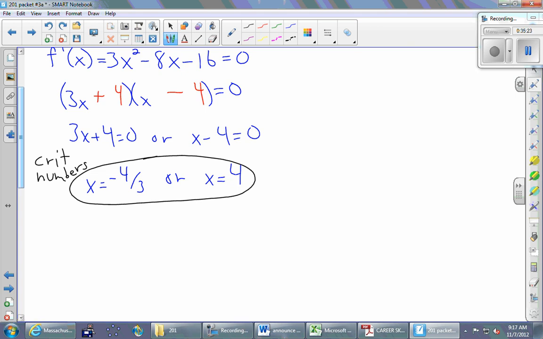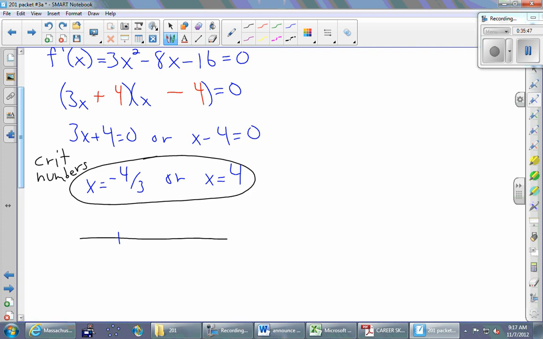Now what we need to do is figure out what's going on with the first derivative on either side of these critical numbers. So we're going to do something that is going to become very commonplace in this class, and that's doing a sign chart. So you're going to put the two numbers on your number line. The only thing you got to make sure you do is put them in the right order. Small numbers are to the left, big numbers are to the right. So the first number I put,